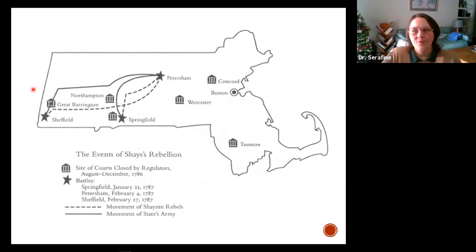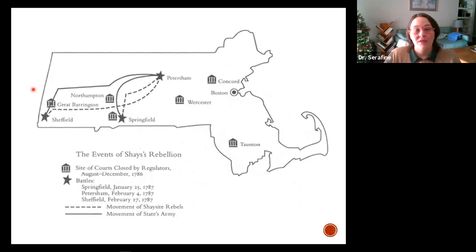You owe me 2 cows. From a farmer's perspective, how on earth has the value of a cow changed over the course of a year? It's the same animal. It provides the same function. Deflation has dropped those prices, and what we see by 86 is farmers in Western Massachusetts in crisis.